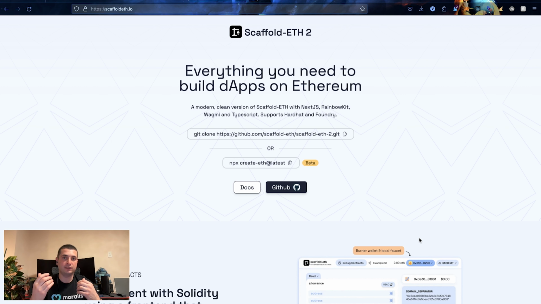Foundry is new, it's slightly better at testing, actually it's a lot quicker at testing smart contracts, but the resources out there are minimal and you're going to have to be going through a lot of troubleshooting steps yourself. Keep in mind, when you git clone, you would have Hardhat as a default development environment. This will then install the application on your computer, and that could take some time depending on your internet connection